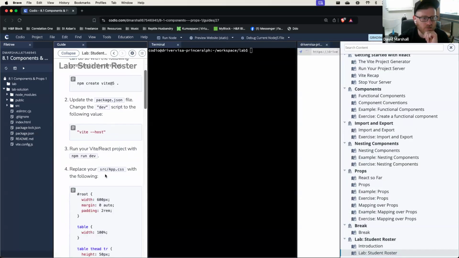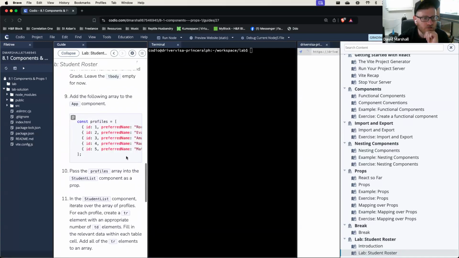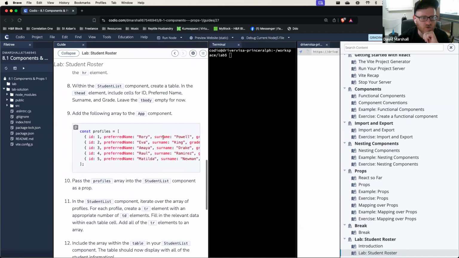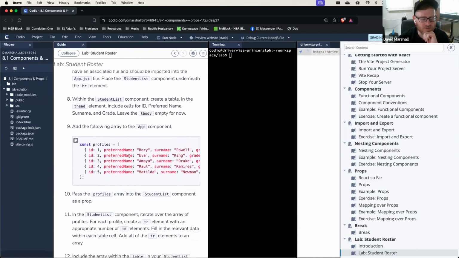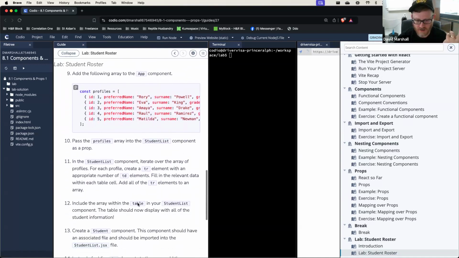Okay. And then, so that's going to be your data. And you're going to want to create a table. Okay. So you're going to have your T-body, right? Oh, that's always funny saying T-body. And you're going to render all of these elements based on TRs and TDs, which I don't know the last